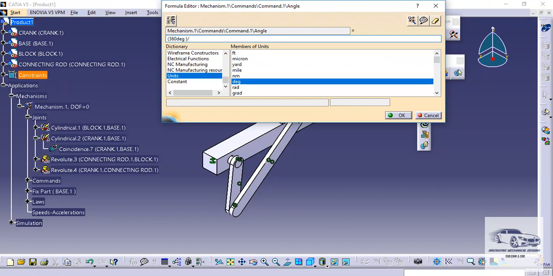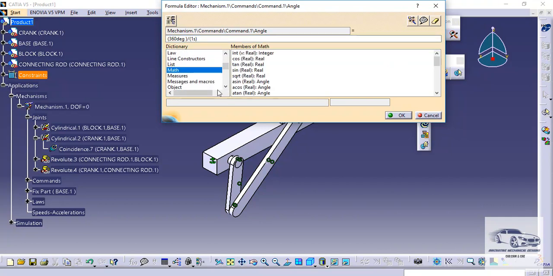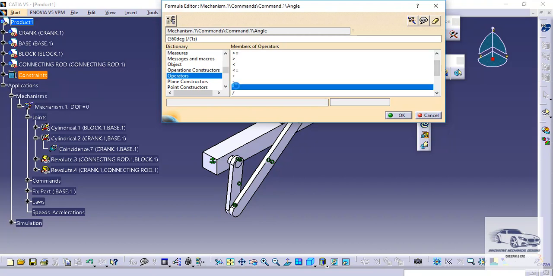So divided by again 1 second, into. So for inserting the mathematical symbol, here we have mathematical operators. So here we will select the multiplication symbol.